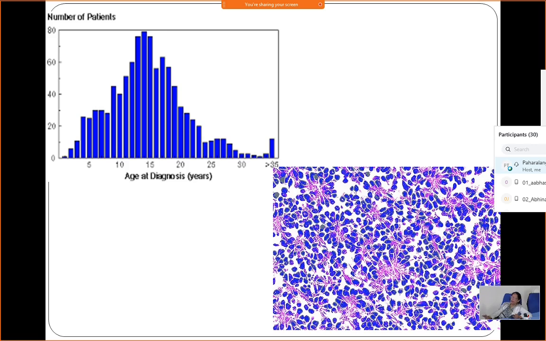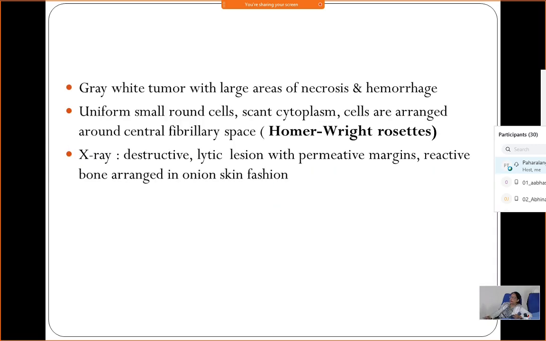This is a typical picture of Ewing sarcoma. So grossly, how does it look? It forms a grey-white tumor. There will be large areas of hemorrhage and necrosis. So it is a malignant tumor, straightforward. And then there are small round cells which are uniform, with scant cytoplasm, and they form what we call